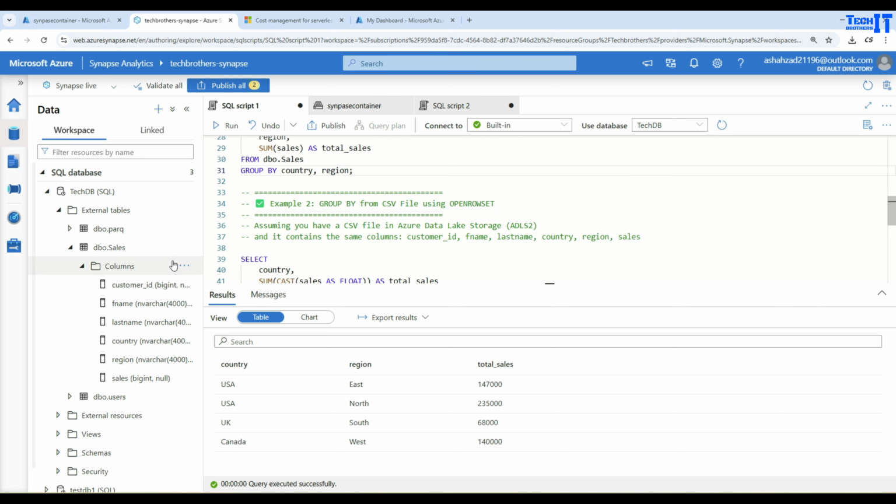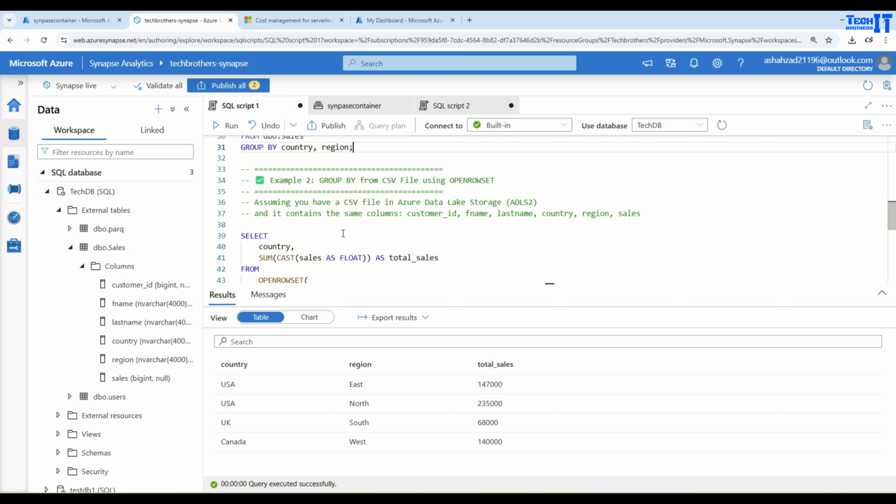What you guys already know is the external table, how to create that. I have shown you in the previous videos. But if you don't know how to create it, you can always go to previous videos and watch how to create an external table. This table is pointing to the CSV file in one of my ADLS storage. Now if we want to directly query the file, that's also possible, and we will be using